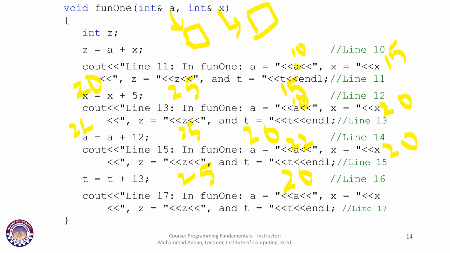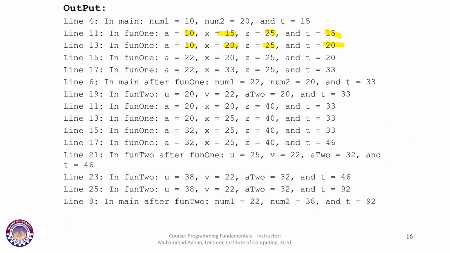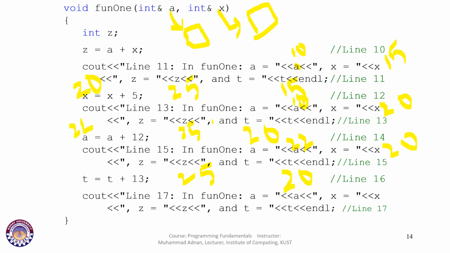So now we have 22, 20, 25, 20. And then we move on. We add, because t is a global, so we can directly access it. So we add 13 to t,